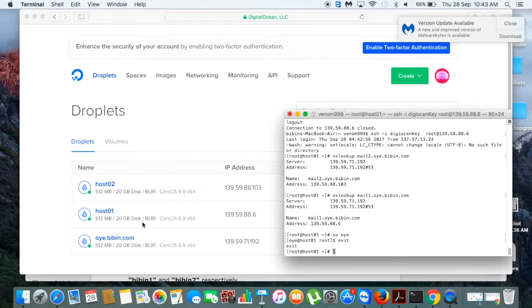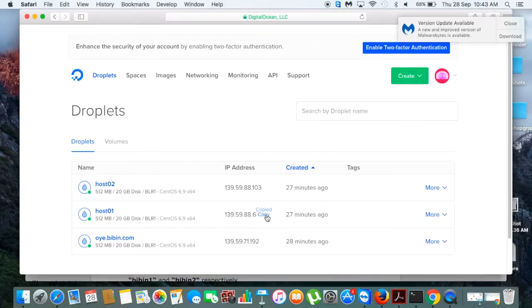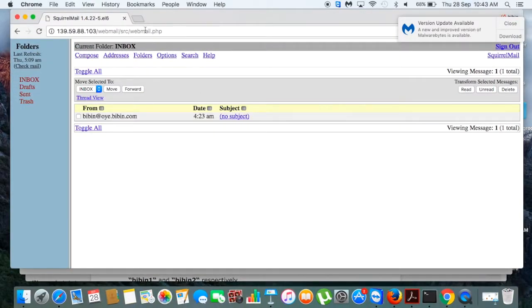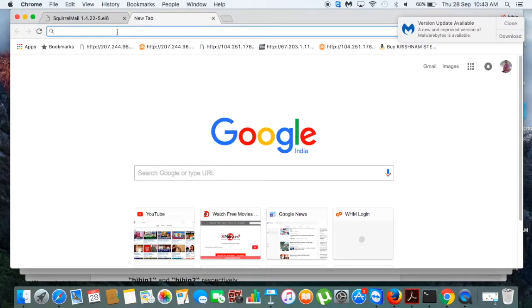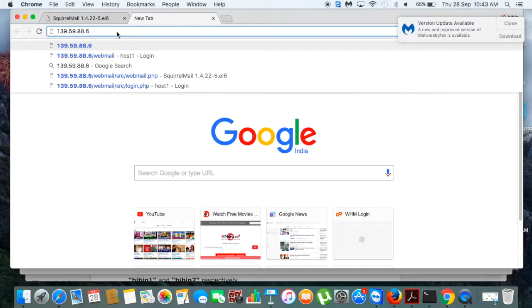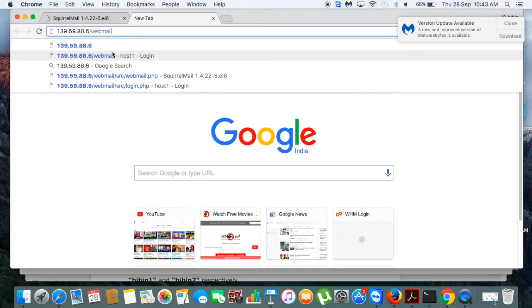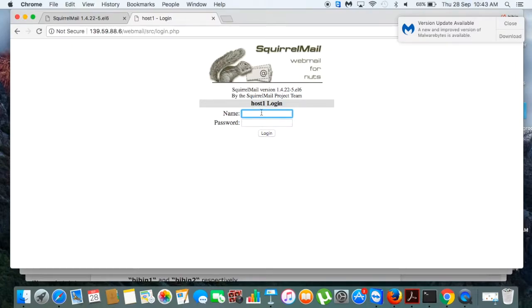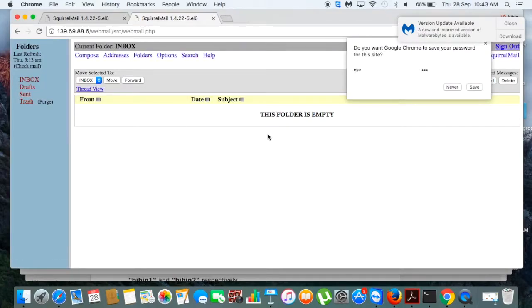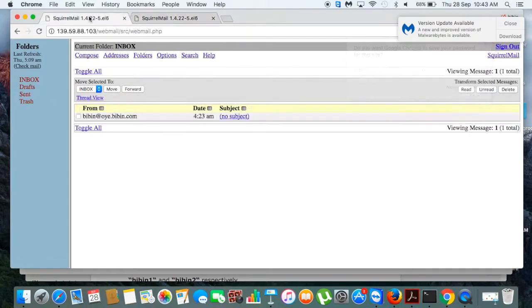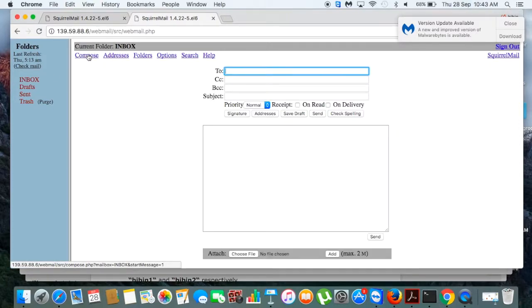Now just copy this IP address here and paste it on browser so we can check whether it's working or not. /webmail, OA, and login. Right, yes, we entered. Now let's compose one mail to our